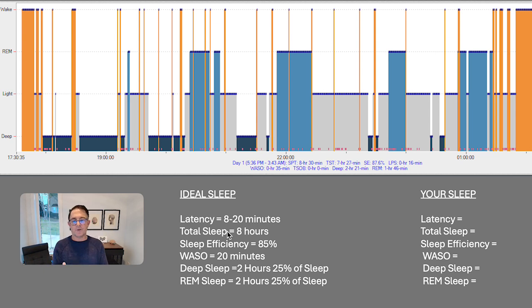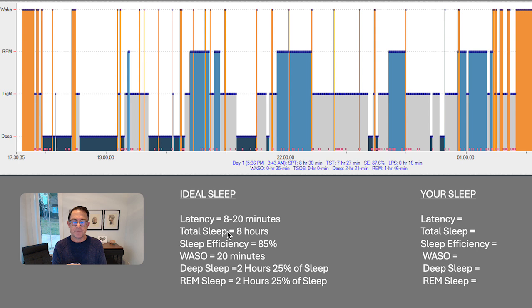Then WASO is a sleep architecture term, and it means wake after sleep onset. That accounts for all these orange slices that happen after I've gone to sleep. It's expected to have maybe about 20 minutes of that. 30 is about the max. If you start to get more of that, then we have insomnia happening later in the sleep cycle. It's not initial insomnia, but it's waking up throughout the evening. A lot of times you'll see this about halfway through the cycle, around 2 a.m., that we'll start to see